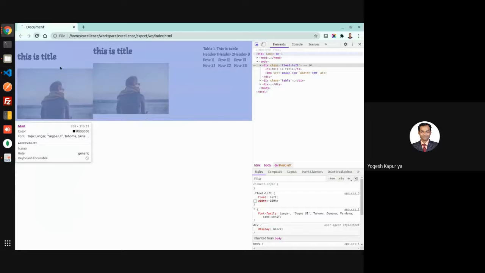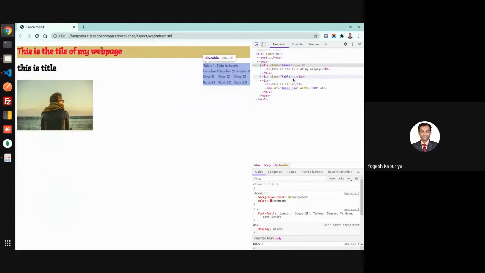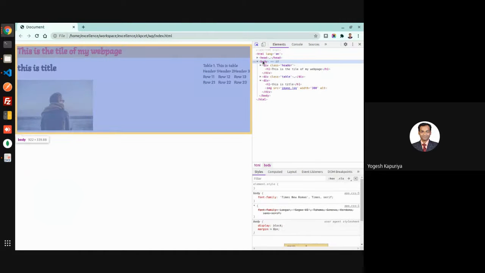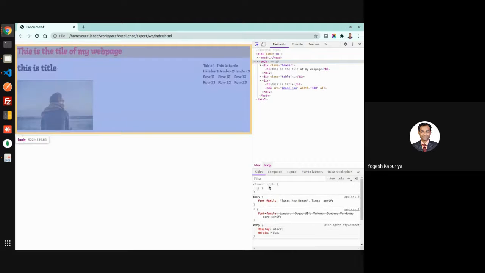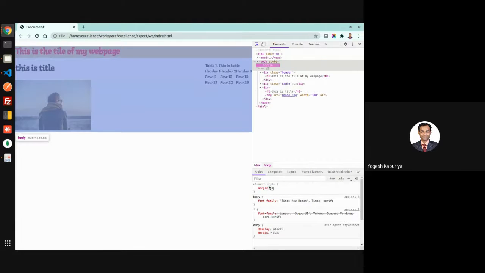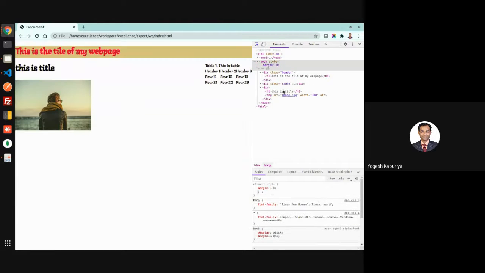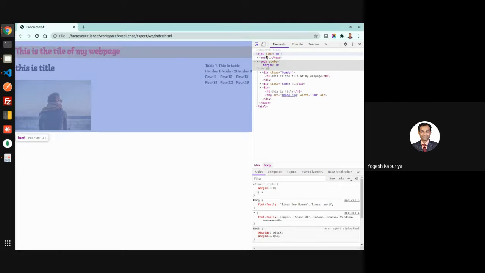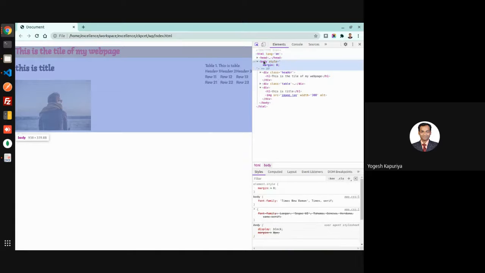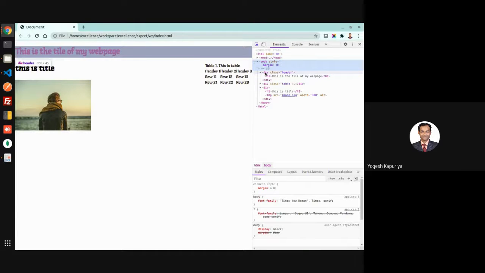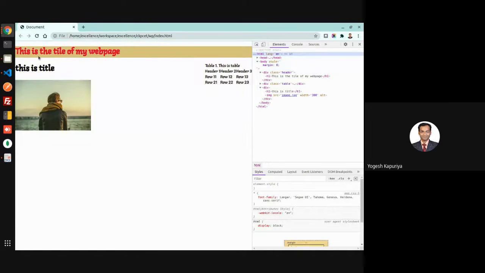So now if you see, sometimes you require that your body should fit with your content. So body, right. So this is my header.